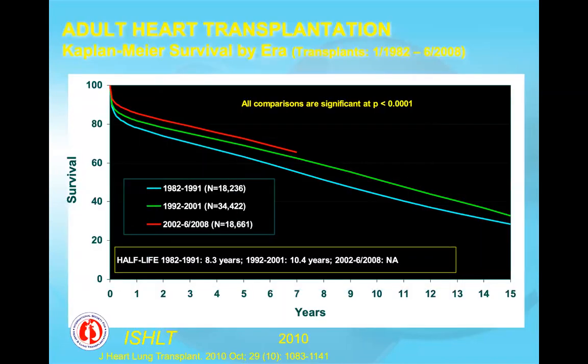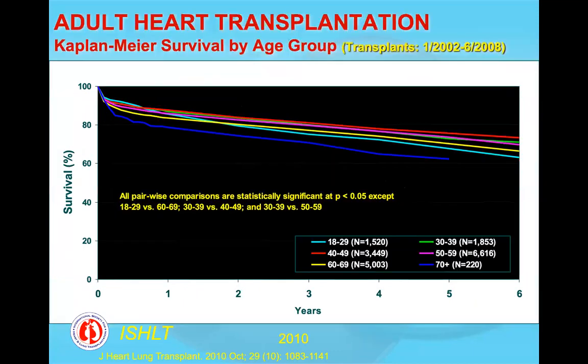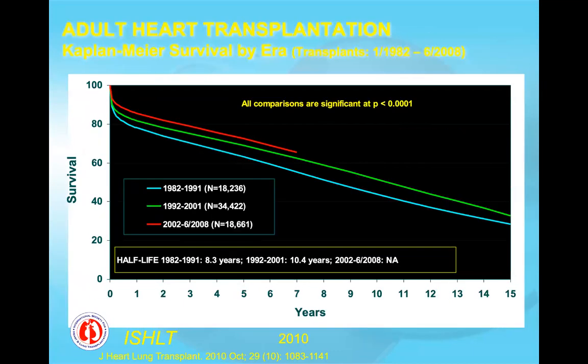So these are the transplant survival rates at 1 year and at 15 years. This is the ISHLT database, and it is equal to King Faisal. As a matter of fact, we are 3% higher than the ISHLT, despite the fact that we have very high-risk patients. But the reason we have this higher survival is because it is the way it should be. It's centralized.